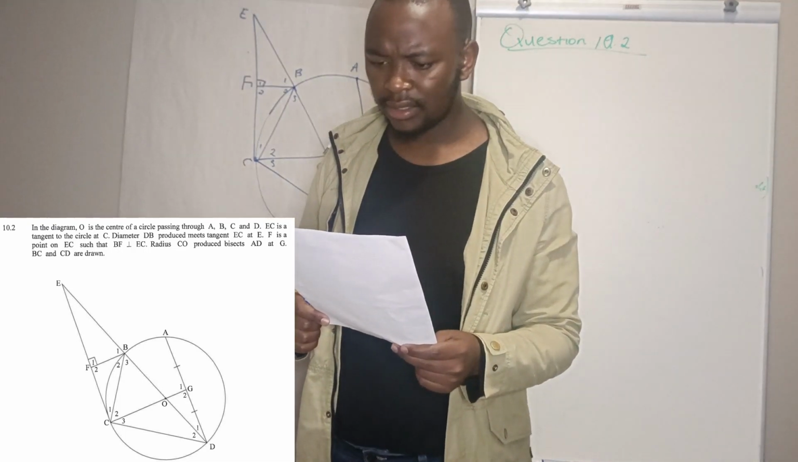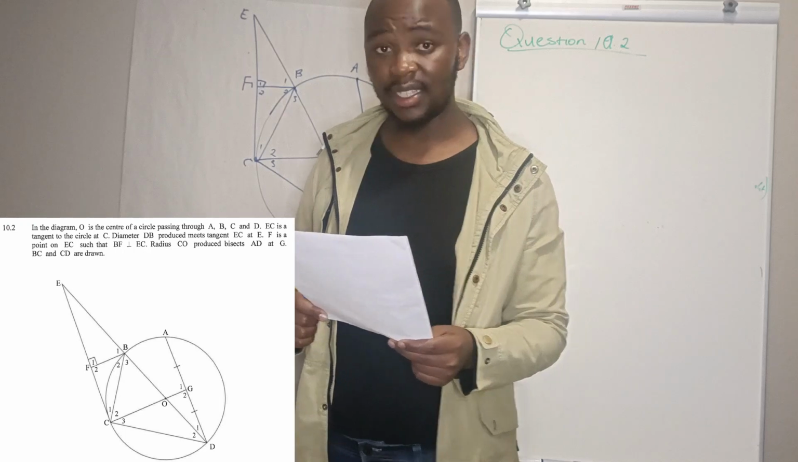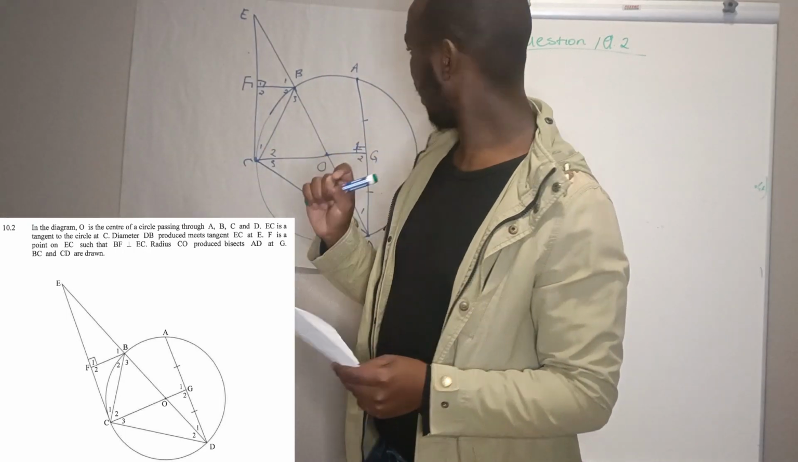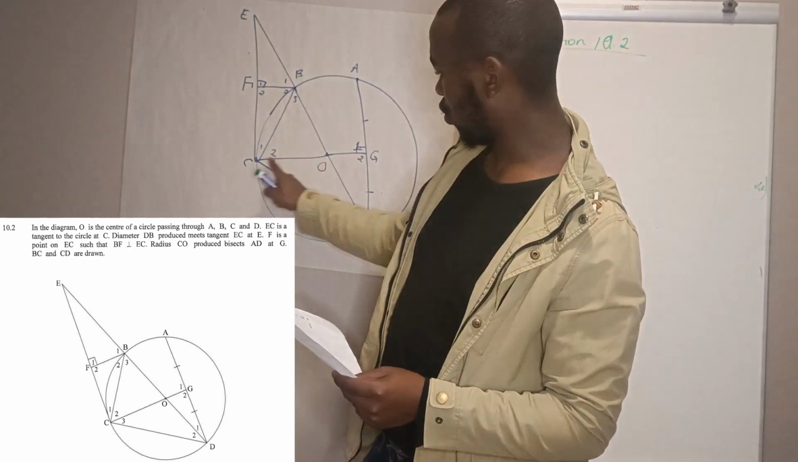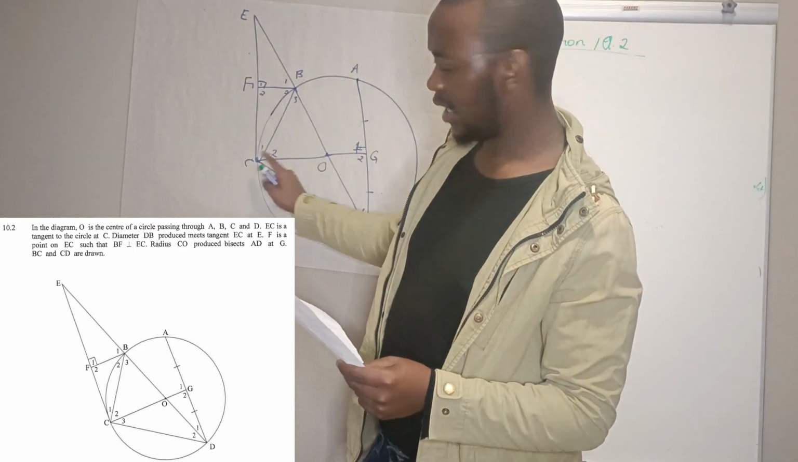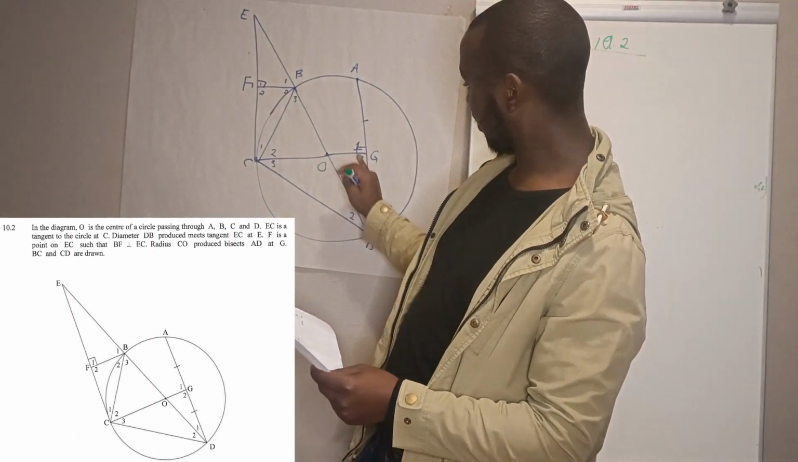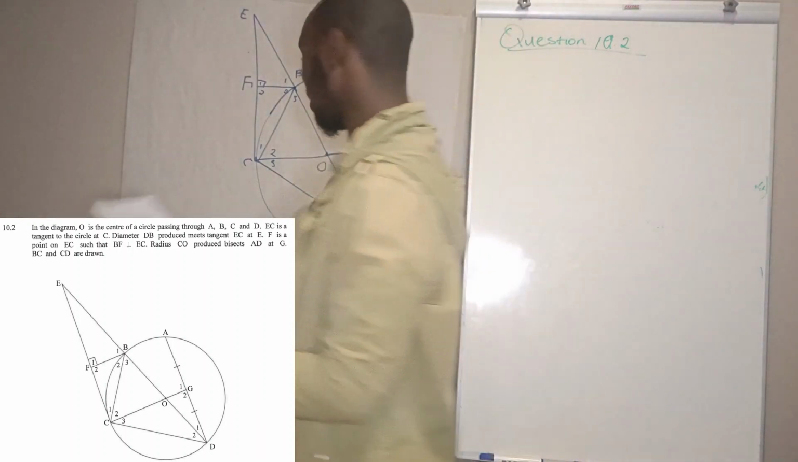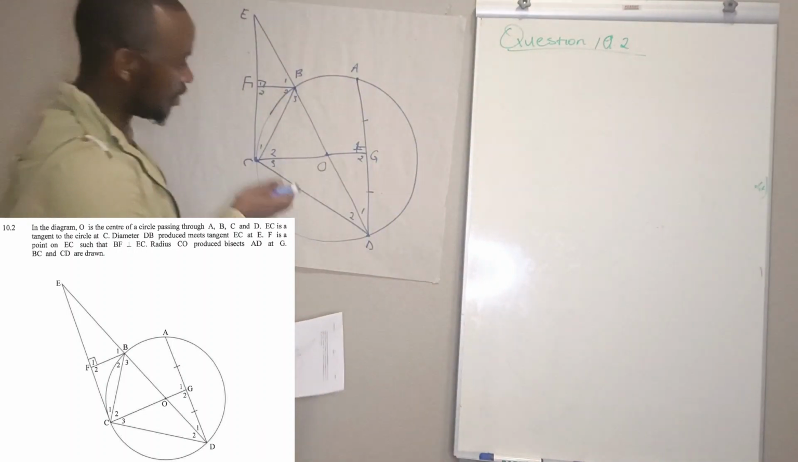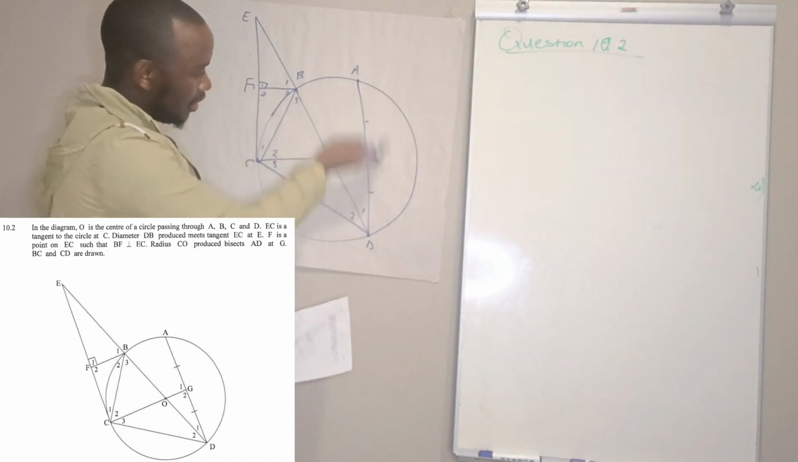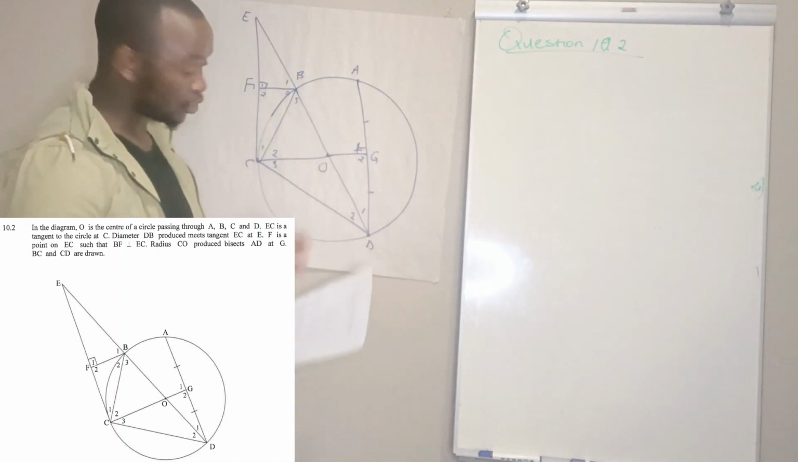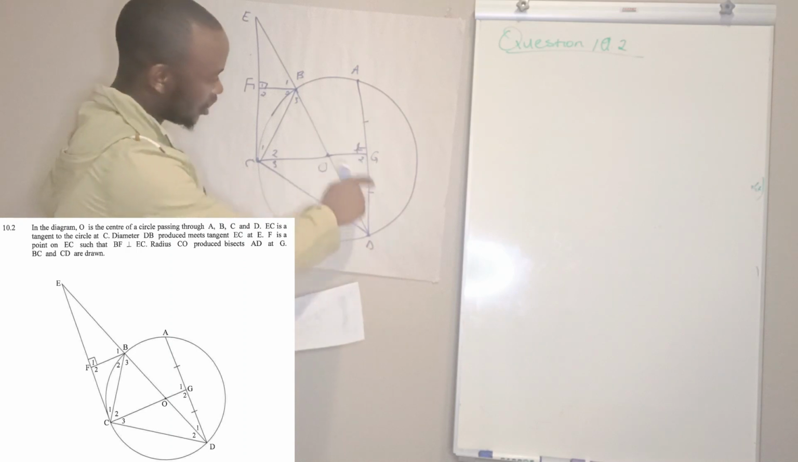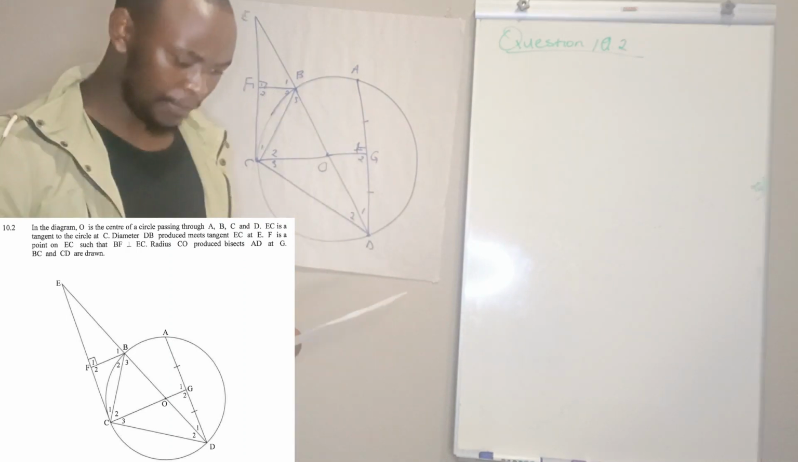Then they are also telling us that there is a radius CO, and it's also produced in here such that it bisects AD. So when they say bisect, it means it cuts such that it divides AD into two equal parts, which is AG and GD. All right,